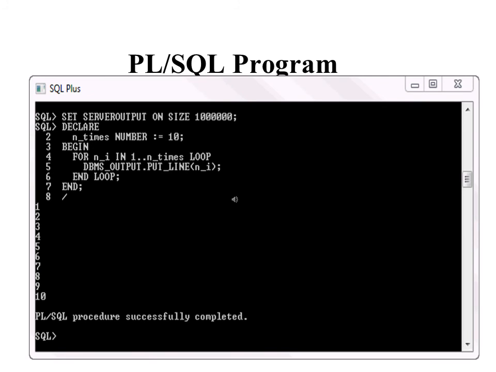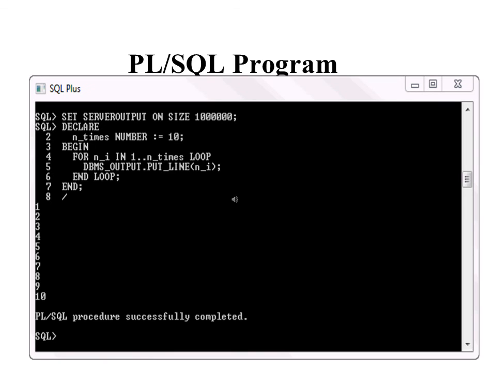Then dbms_output.put_line(n_i); then end loop. End statement for ending this PL/SQL program.